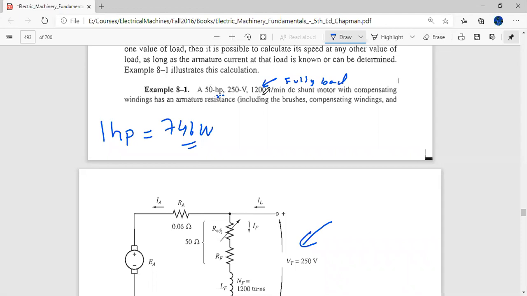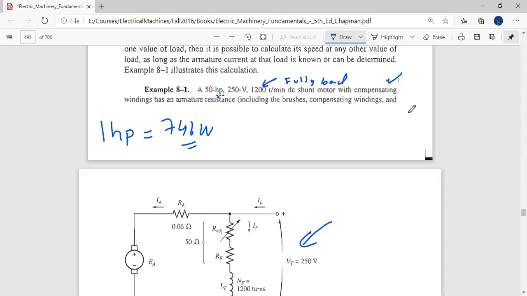Always, in a motor, the ratings are like I told you in the case of synchronous machines, AC machines, where all of the data in the question was given in the form of line voltage. In the case of the generator, the rating is given in terms of the electrical load, and in the motor the rating is given in terms of the mechanical load. So this is the full rated mechanical load, and at this load the RPM should be 1200 RPM. It shouldn't be less than this. And at no load, it might be higher, because when the load is decreased, the RPM becomes higher, just like the derivation we saw. And it has compensating windings.